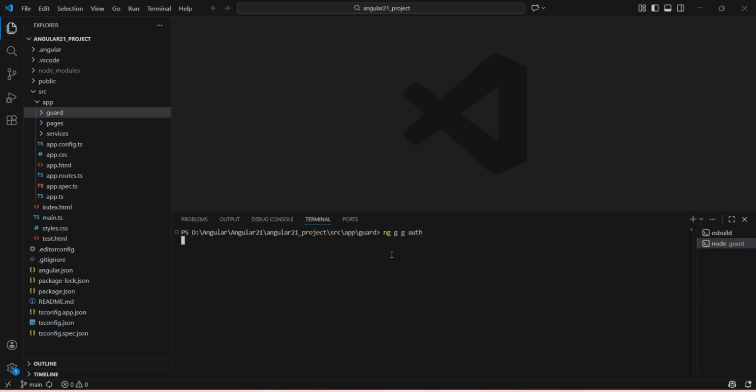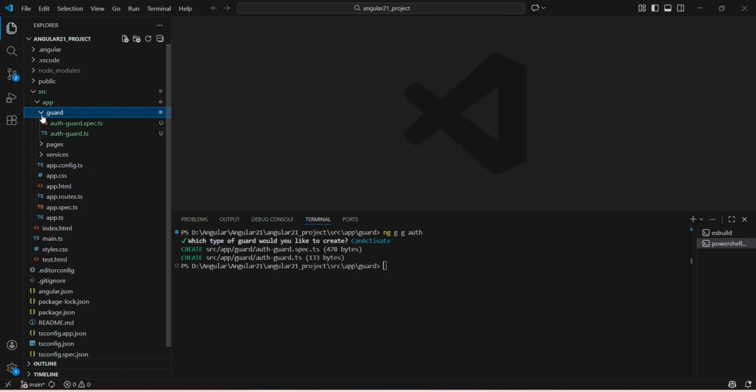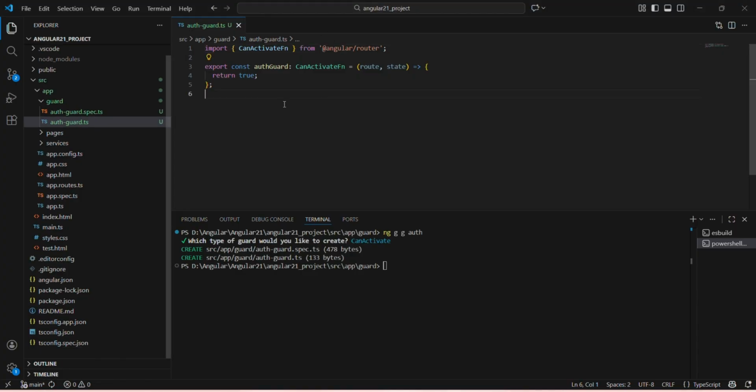It will show you different options asking which type of guard you want to create. From the options, select CanActivate as the type of guard. As you can see, the Auth Guard has been successfully created. It looks like an arrow function. Before Angular 16, guards were created as services, but now they use arrow functions. This guard executes whenever you try to access a route, so we need to apply it to the route we